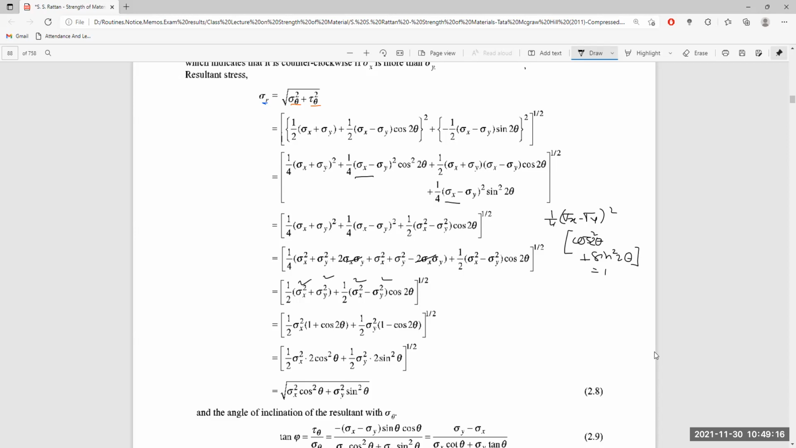And if we simplify further by putting the value of cos 2 theta equal to 2 cos square theta minus 1, and here cos 2 theta equal to 1 minus 2 sin square theta, we put them together in the respective places and simplify again. It will become